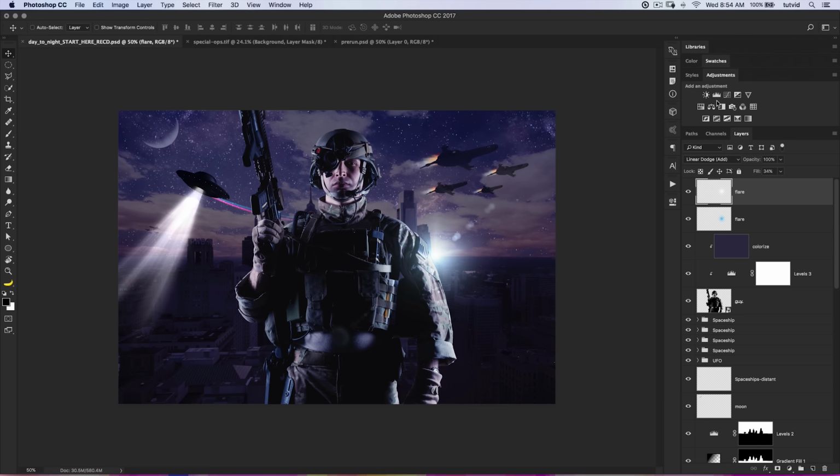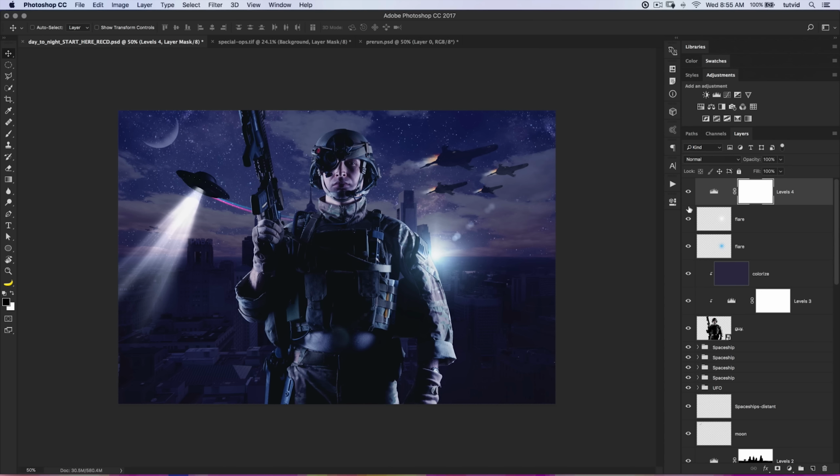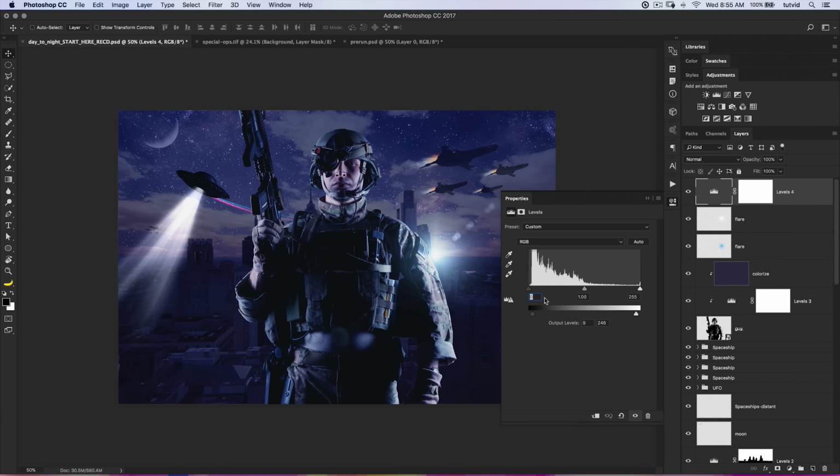And now we're going to apply a levels adjustment layer, which is going to globally reduce contrast. So we're going to reduce contrast by bumping the black and white outputs, and we're again going to influence by adding a little bit of cyan, a little bit of, wrong way, a little bit of magenta, and a little bit of blue. Not too much, just a little bit. You can see there's before, there's after. We're just going in, we're influencing. You know what? I really think we need to reduce contrast a touch more